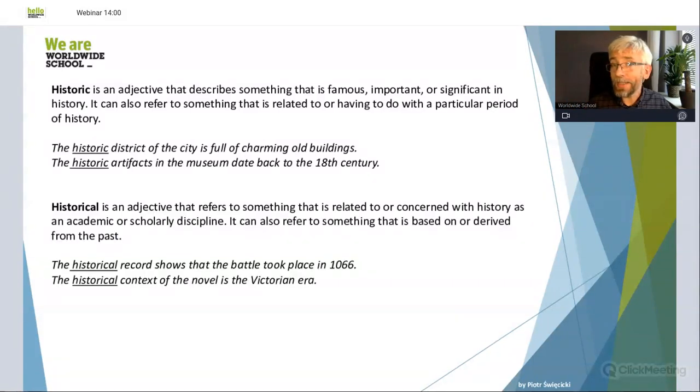Historical, and don't get hysterical about it, is an adjective that refers to something that is related to or concerned with history as an academic or scholarly discipline. Science. Some people wouldn't call it science, but let's call it science. It can also refer to something that is based on or derived from the past. So the historical record shows that the battle took place in 1066. The Battle of Hastings, William the Conqueror